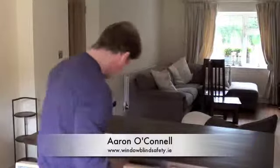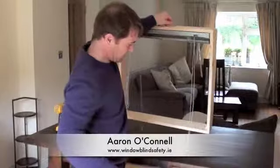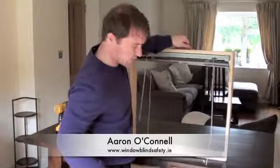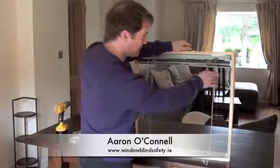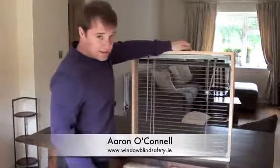The next most common type of blind on the market is a Venetian blind. We're all familiar with these. They're in offices, schools, houses, bathrooms, you name it. Dangers posed by these are,